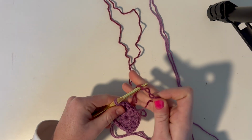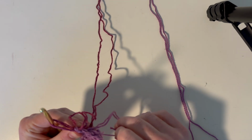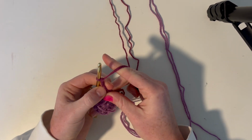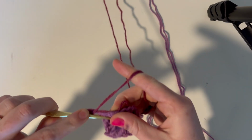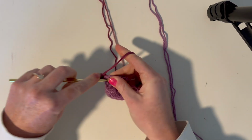So once you have your next color, you're gonna get the yarn and pull it through there, and then pull the first color, and then chain 2, 1, 2, because that's just like 3 single crochets right there. And then we are going to go right into this corner and do 2 double crochets to count as the first section. 1,